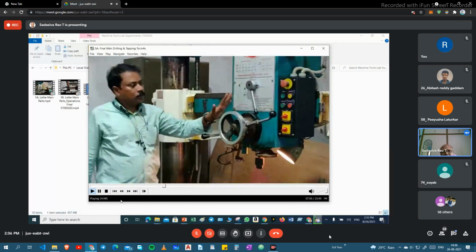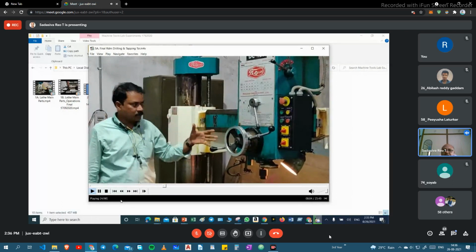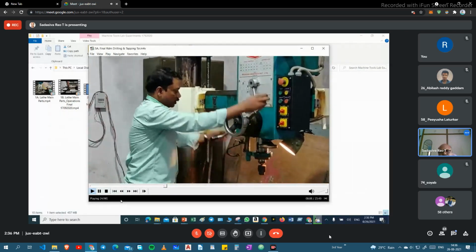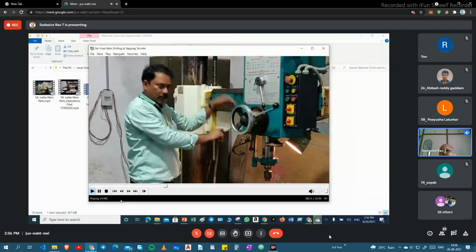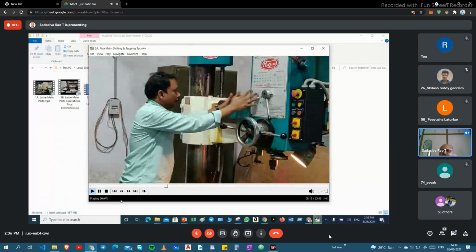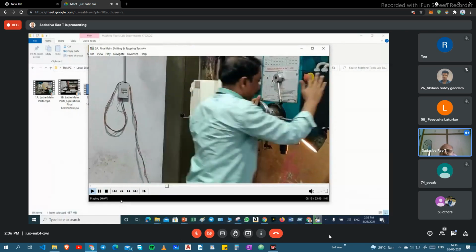Right. So this radial drilling machine is having three axes. Okay, one axis is the vertical axis. That means the spindle will come up and down. See here, the spindle is coming down. This is a vertical axis, right? And one more thing, this complete arm will rotate like this.